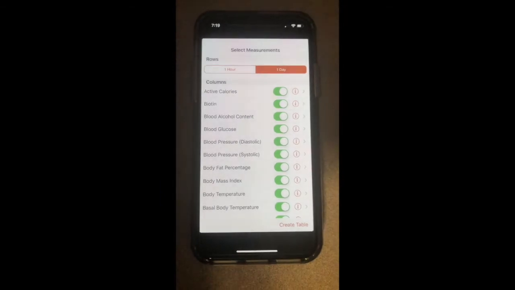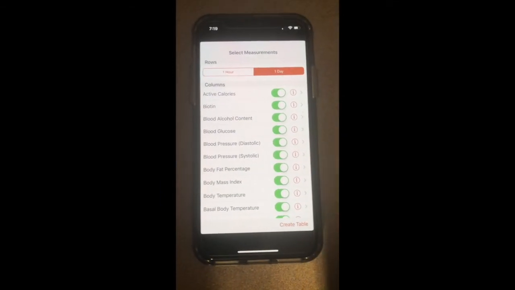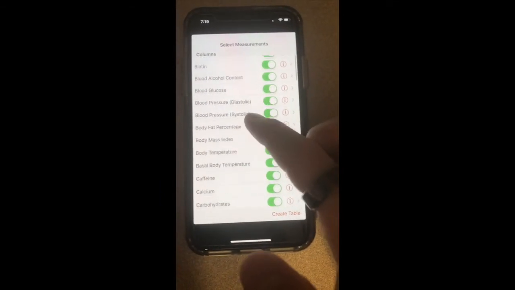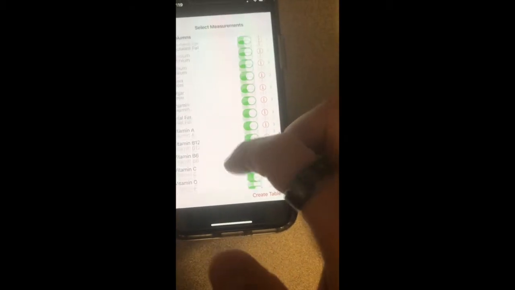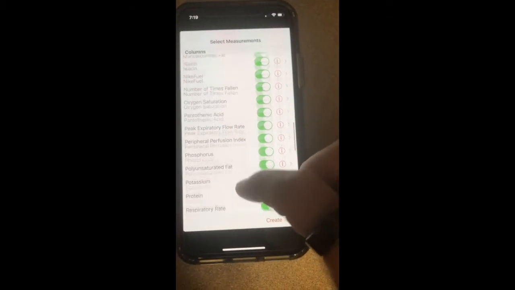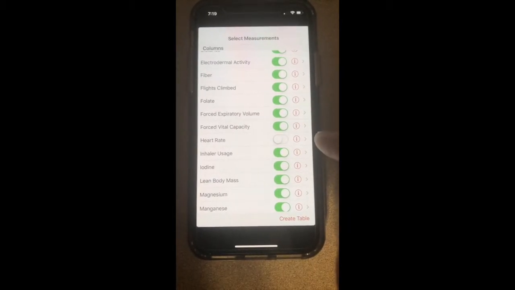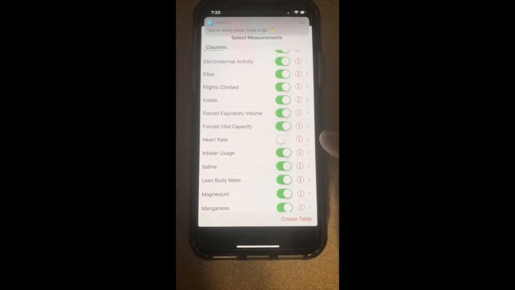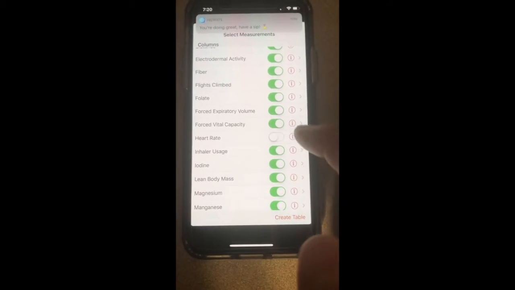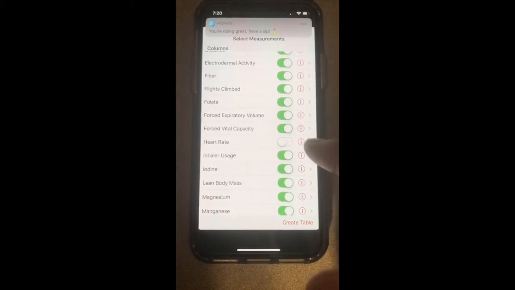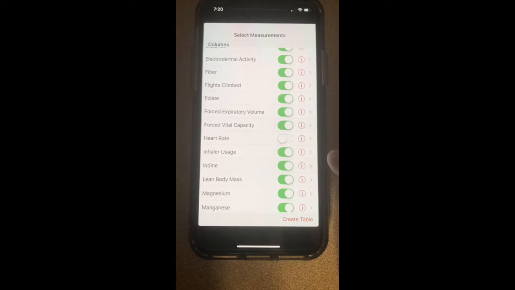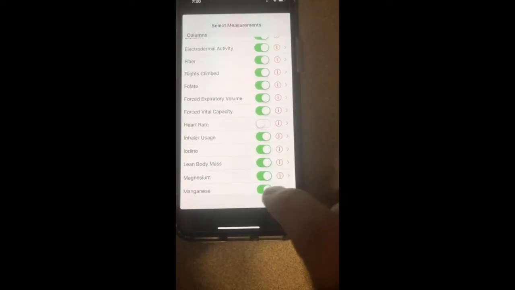So on your phone, after you have the QS Access app installed, you can click on it. And we're going to select everything that's available to export, except for one thing. As of the time of making this video, there is a bug in this app, so it's not able to export the heart rate. So go ahead and uncheck that, and then click Create Table,